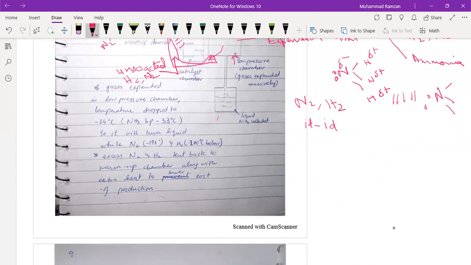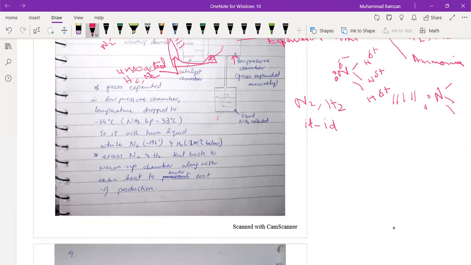Gases expanded in the low pressure chamber, temperature dropped to minus 34. NH3 boiling point is minus 33, so it will turn liquid. While N2 boiling point is minus 196, and H2 is below minus 200, about minus 240 roundabout. The excess N2 and H2